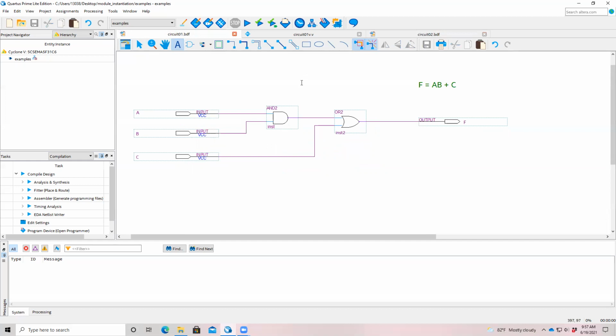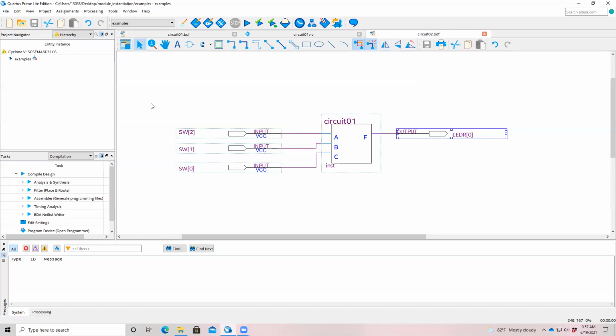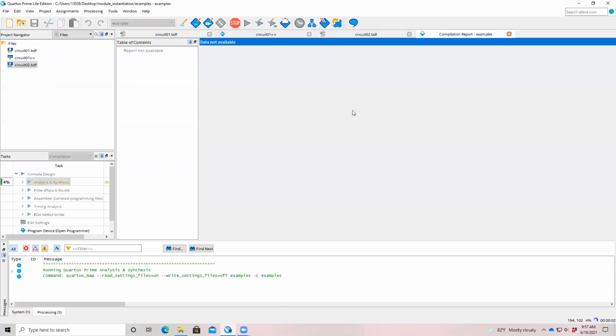So our gates, our symbols, our circuits are given instance numbers, because even though we use these gate symbols, it's actually a hardware description language running in the background that creates our circuits. And so everything has to be instantiated. So now, let's make this file our top level entity, and I just want to run analysis and synthesis on this